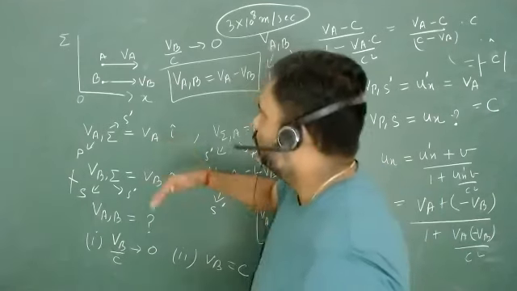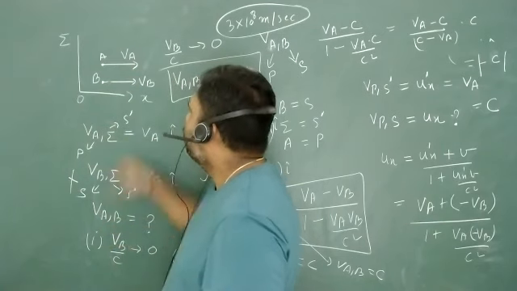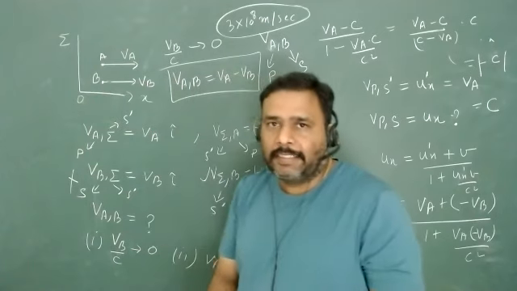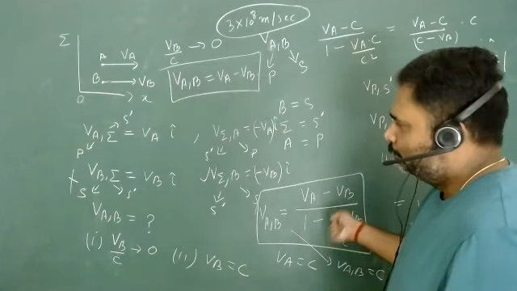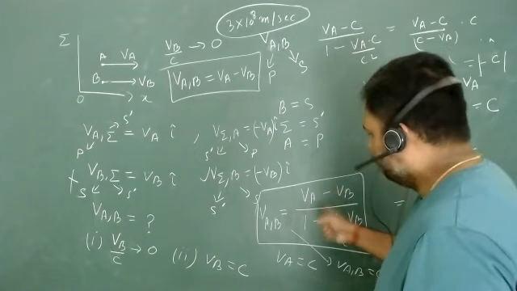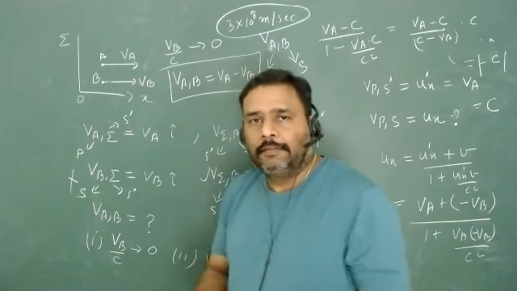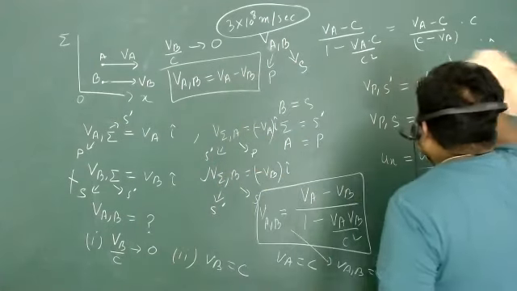At home you can do this. Here we found the velocity of A with respect to B. You can find the velocity of B with respect to A. And the answer should be just the negative of this, isn't it? The answer should be just the negative of this, and you can check. Yes, that will be exactly the negative of this. Okay. Good. Let's go for the next one.